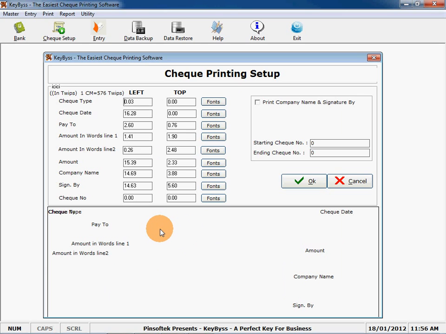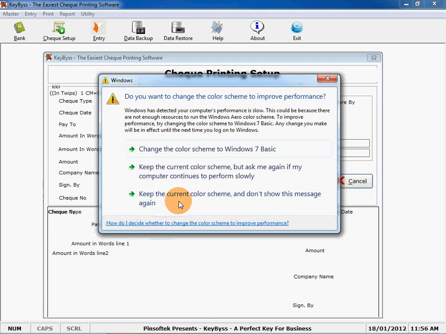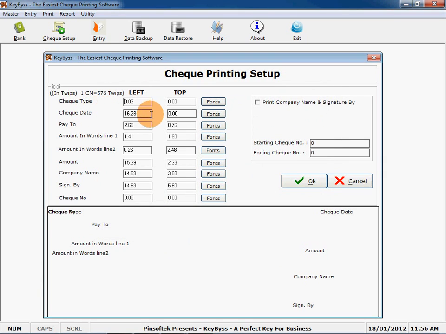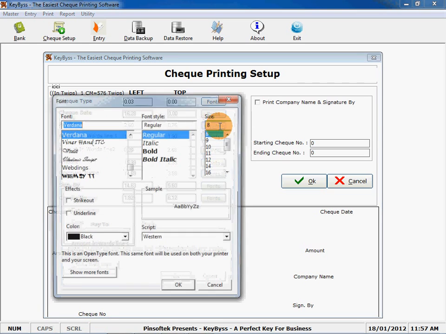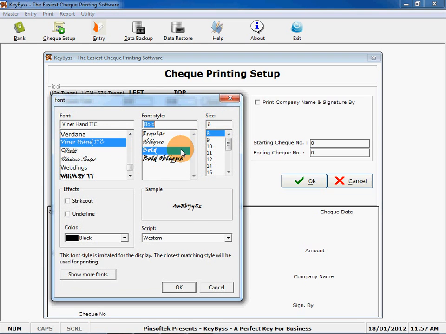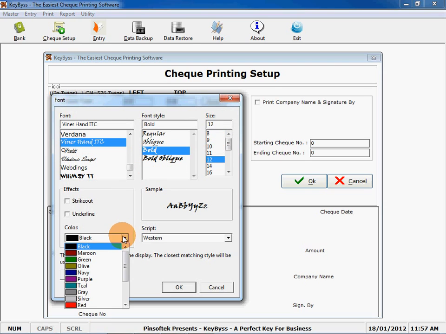You will receive this window where you can make all kinds of setups, like you can change your fonts, you can change your types, everything you can manage here. You can have different setups by the facility of drag and drop of a particular field. We have given a check number facility to print for the counter side blank page printing for a particular check. You can print or manage the counters of the checkbook by this option. You can change your fonts and font styles by clicking on the particular font and selecting the size of the font. You can even color the font if you want.